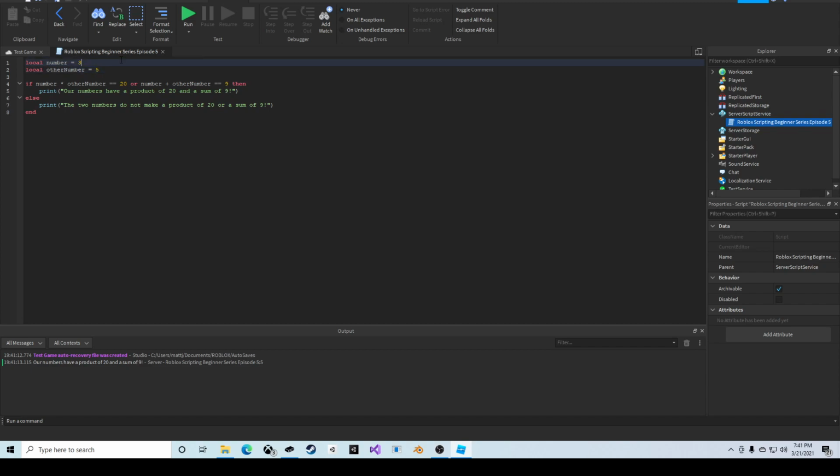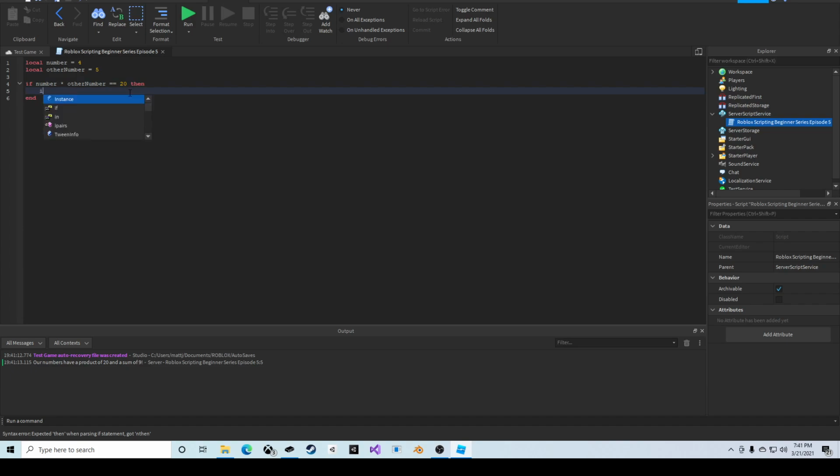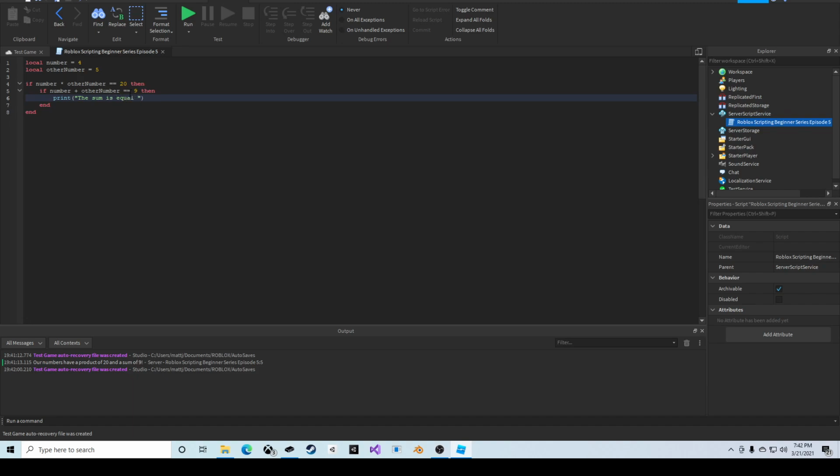Now then, we could take if statements a step further and look at embedded if statements. What embedded if statements allow us to do is write an if statement inside of our if statement here. So we can remove this value. Let's remove our second condition. And then if we make an embedded if statement, and then say if number plus other number equals 9, we do that here, then print the sum is equal to 9,